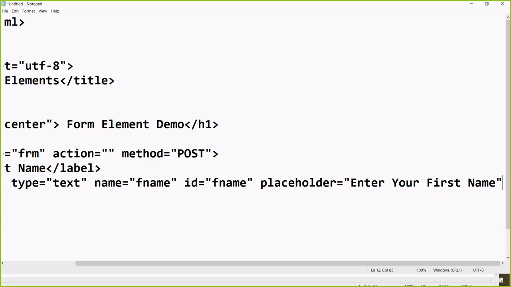Anybody will just see the input box with enter your first name, and whenever you start typing, that text will no longer be visible. So such a concept we can use with the help of the placeholder. And the advantage is that you can save the space where you were displaying the label. In place of that you can display some other things. Got it? So I will show both again. Label you can remove, I don't want the label here.